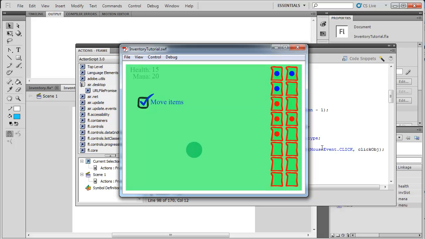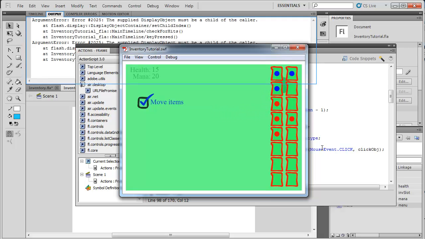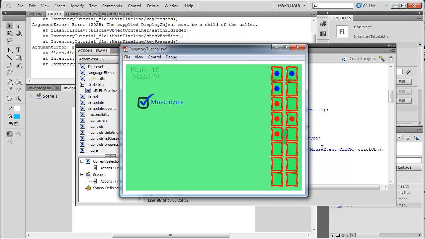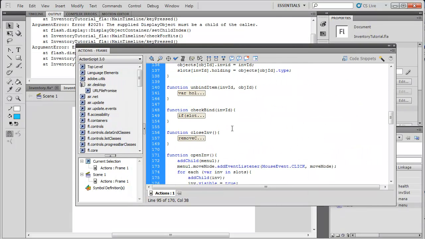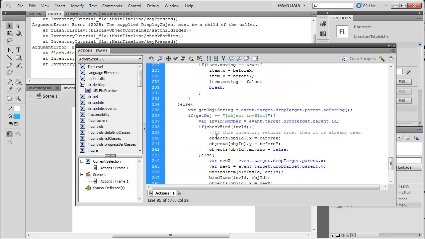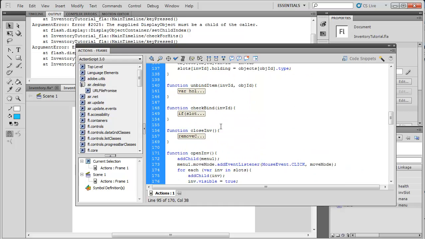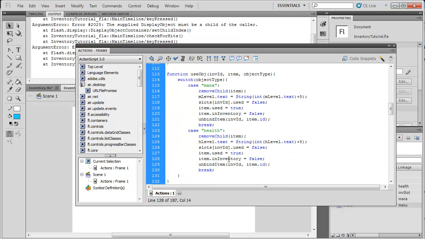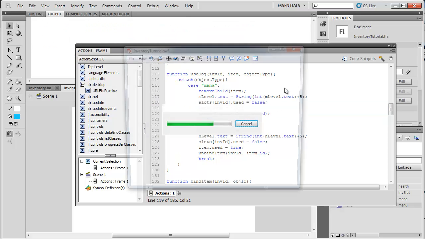Oh, hey, wait. Let me walk around. Let me come over here. Oh, but I do see errors popping up now. I know why. Because we changed in inventory. Okay, so that's just a small little change we have to make. So when we use objects, in use object, instead of changing item in inventory to false, just leave it so it's true in both case mana and case health. So now if we try it,